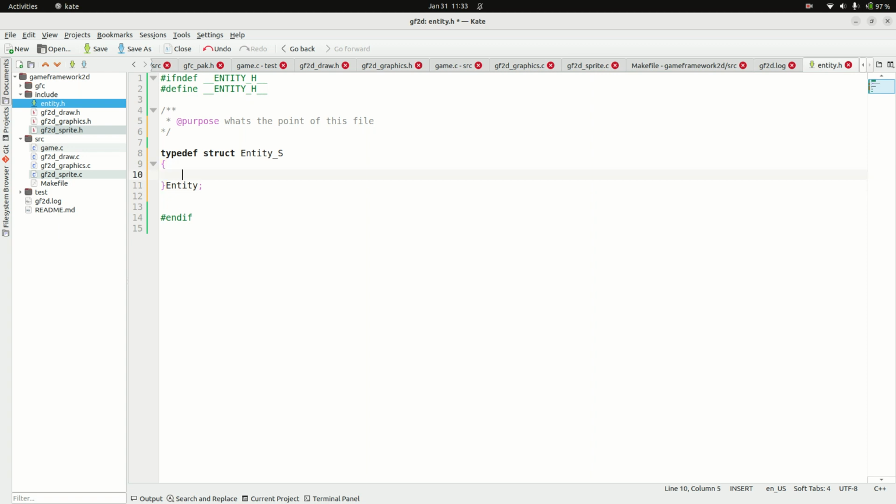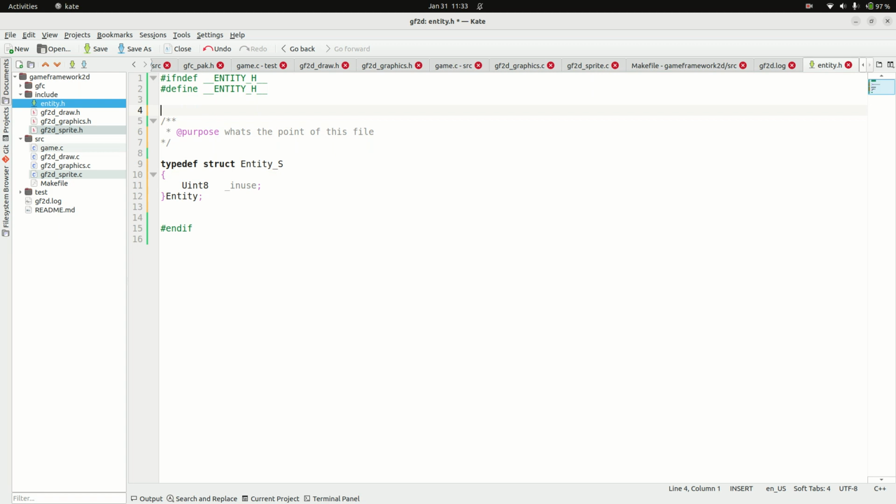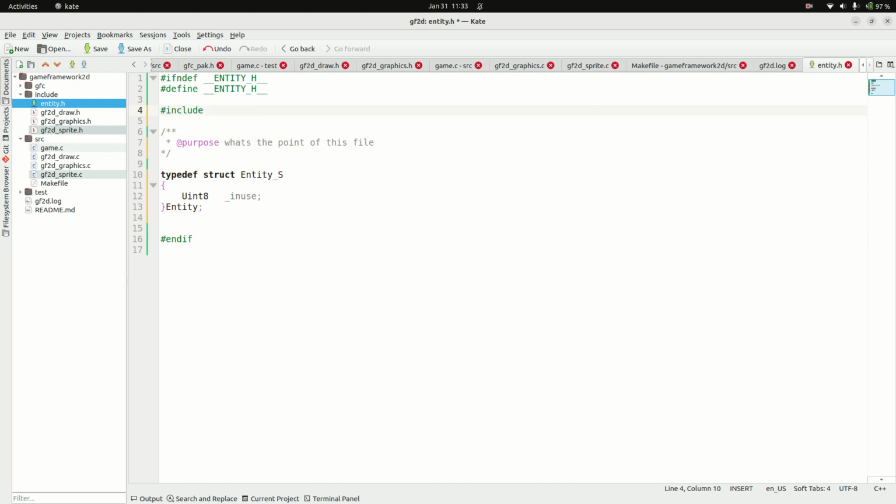First thing I want is a flag to determine if this is in use or not. So I'm going to make a uint8 underscore inUse. By prefixing a variable or member variable with underscore, this is a C convention to say, hey, treat this as a private variable, even though we don't have private variables technically. So don't touch anything that starts with an underscore. It's still valid syntax, but we're not going to use that. Now, I'm accessing uint8. Uint8 is actually defined either in SDL or as a pass-through through my types. So I'm going to need to include what a uint8 is. Now I'm using quotes here because I'm going to include my GFC